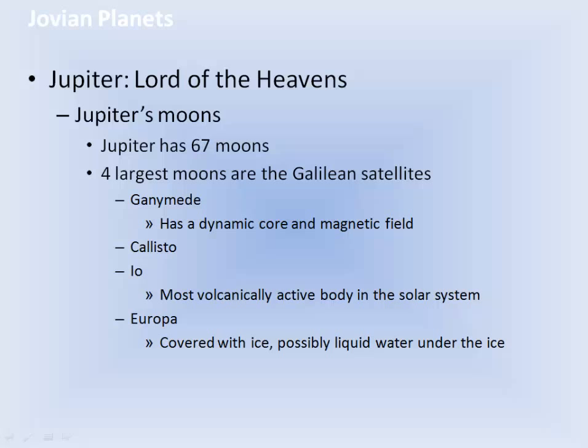Jupiter's moons. Jupiter has 67 moons. The 4 largest moons are the Galilean satellites that Galileo saw with his telescope. Ganymede has a dynamic core and magnetic field. Callisto. Io is the most volcanically active body in the solar system, and Europa, covered with ice, possibly has liquid water